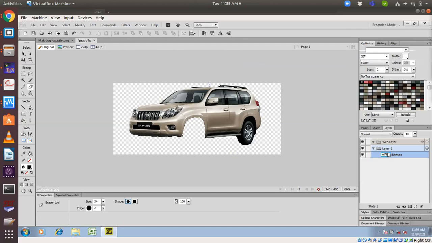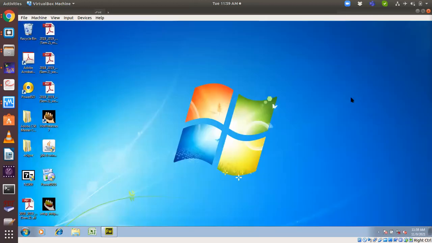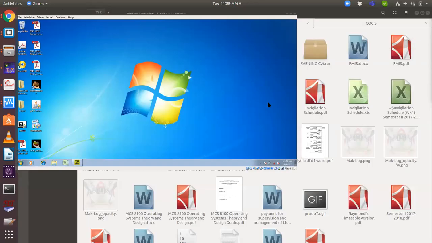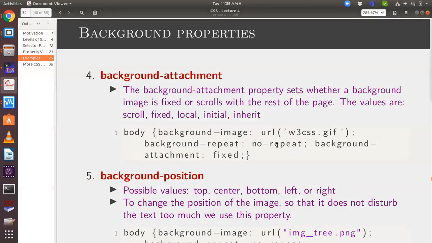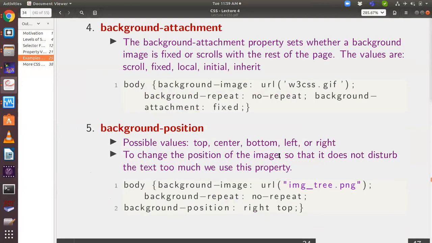So all this is possible. But these are the applications I use to remove, to edit images. I usually edit images before I use them anywhere. Okay. I minimize that. Okay, so